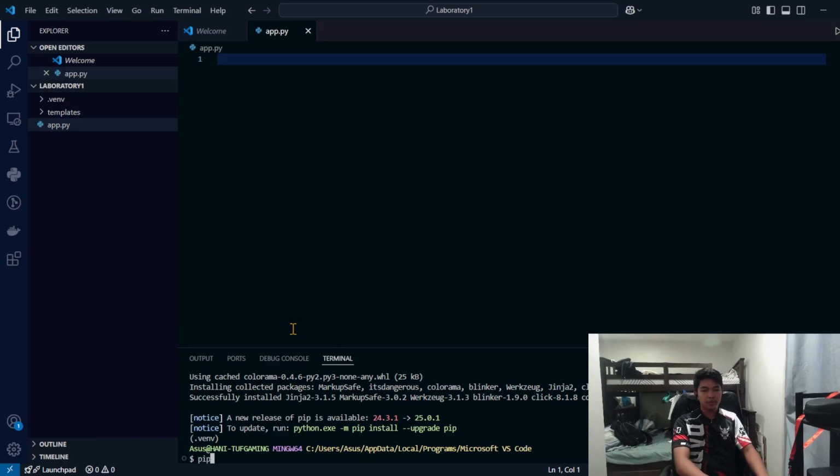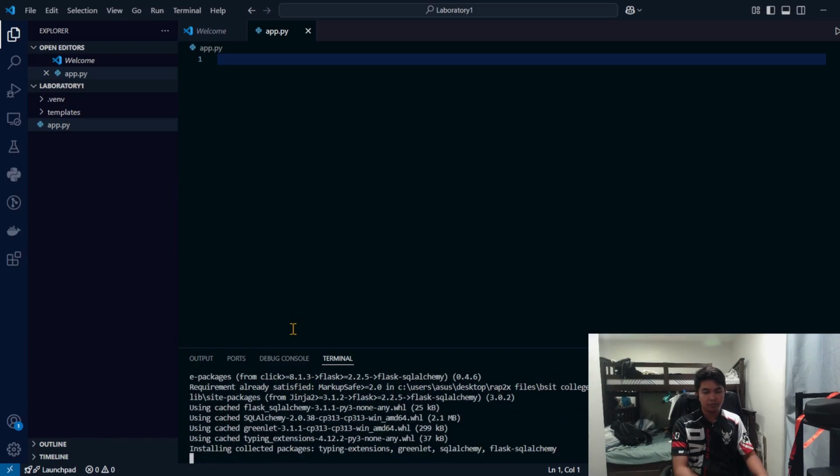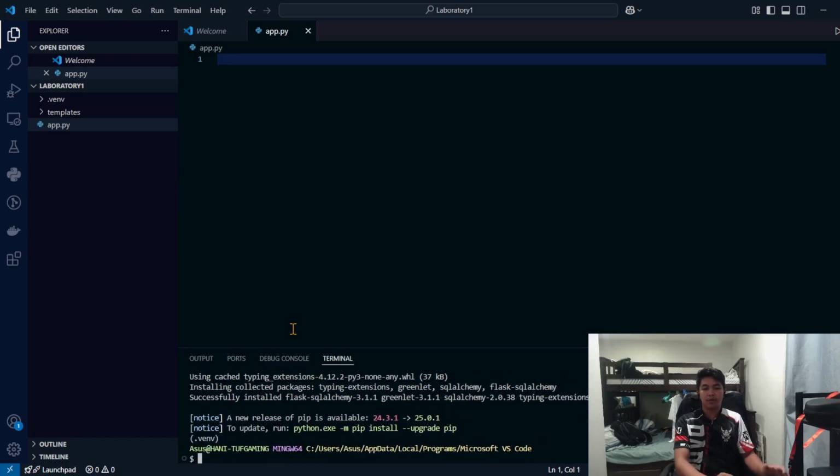Next, let's also install pip install Flask SQL Alchemy. For the next install, we must install Flask hashing, for encrypting our data while making a database.